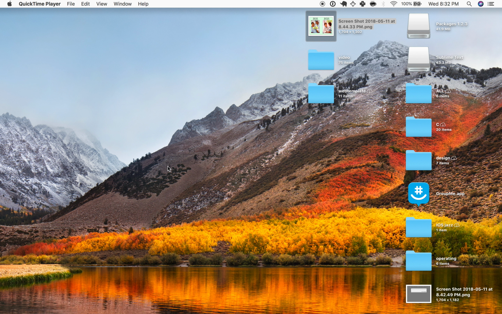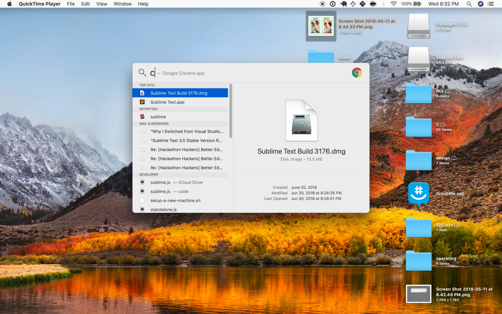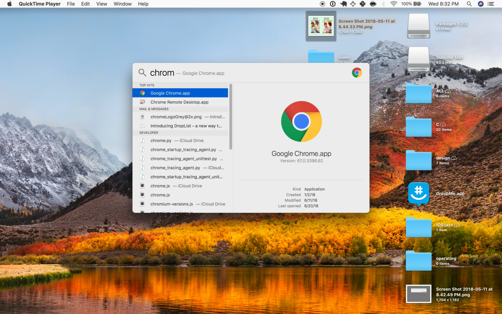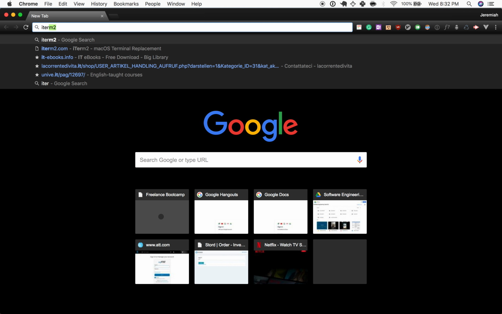Today we are going to go over some basic terminal navigation, and we're going to go over how to run your Java file from your terminal. Alright, so the first thing you're going to have to do is open up Chrome or Firefox or whatever you use. Type in iTerm2,